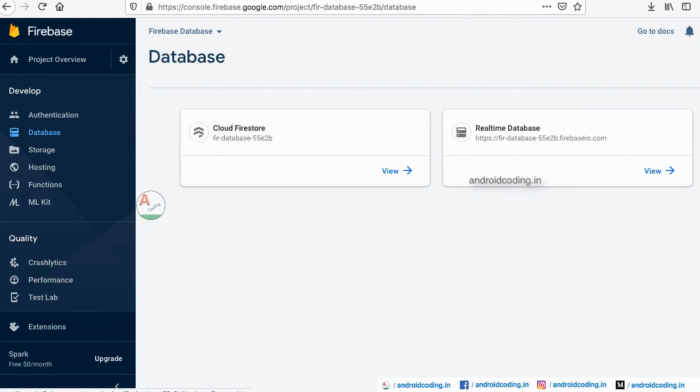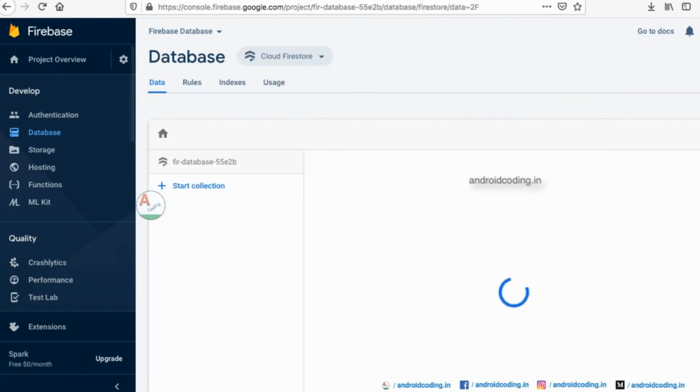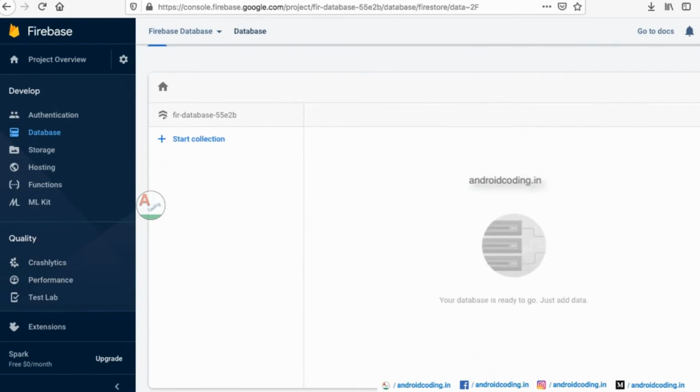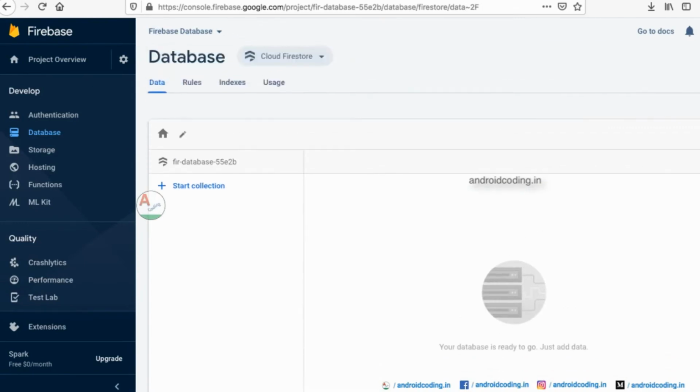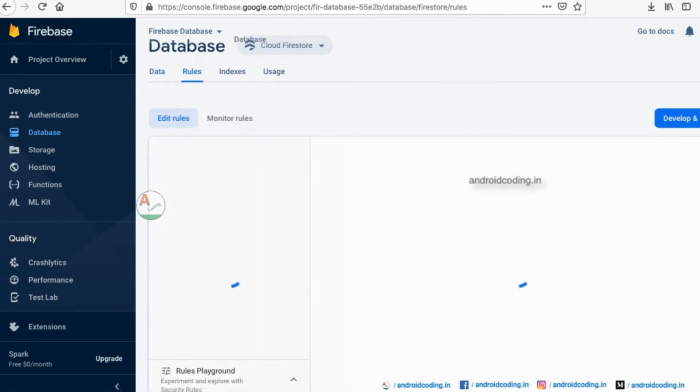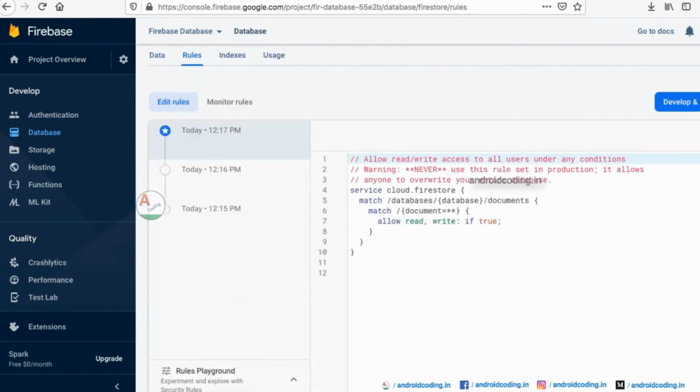In the previous tutorial we dealt with the real-time database, and now we are looking at Cloud Firestore. Click on it, and as I said in the previous tutorial, there is a very important step: Rules is the first important step you need to provide. Here I am giving permission to everyone, user and non-user, to read and write to this particular bucket.